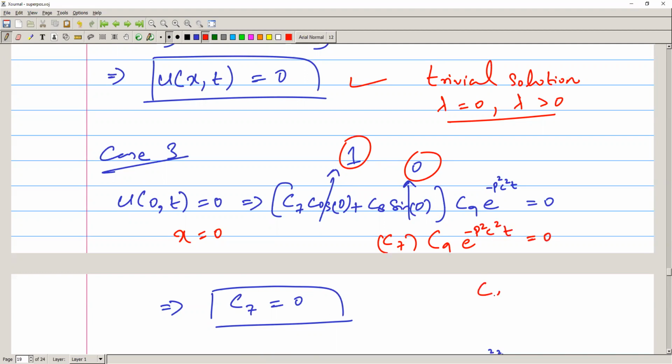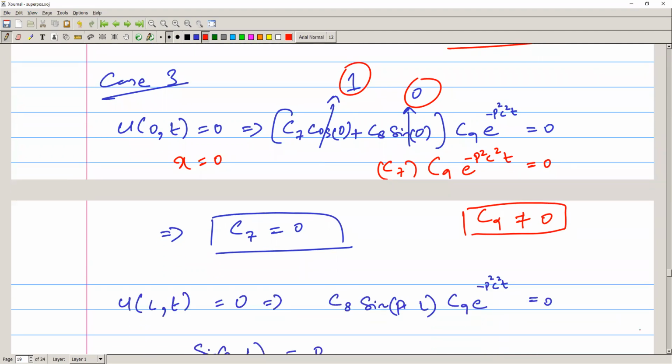So again, c9 cannot be equal to 0, because if c9 is 0, then the whole solution will be 0, right? So that's why we are taking c7 equal to 0. Now if c7 is equal to 0, we will be left with only c8